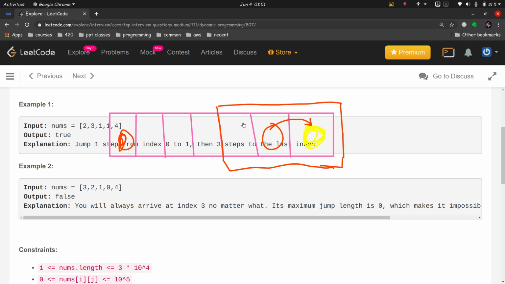If I can reach the last from this position, then obviously I can reach the second last, because we are talking about the maximum jump length. So if you can jump a distance of 3, then obviously you can jump a distance of 2, right? So we don't have to worry about that. We need to worry about this, so minimum one, the closest one. If we can get to this point from here, then obviously we can get to the end point from here.